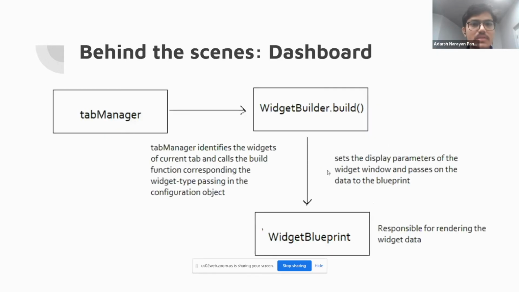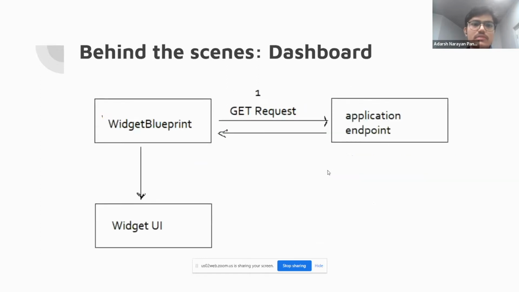Then, according to the type of the widget, the tab manager calls the widget builder's build function, which in turn calls the widget blueprint, which is responsible for rendering the final data. The widget blueprint sends a GET request to the application endpoint,